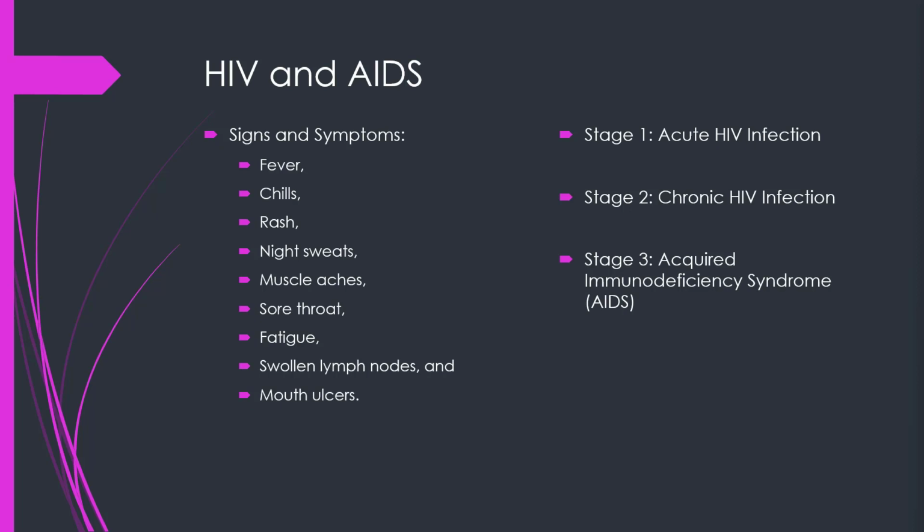Stage 3 is acquired immunodeficiency syndrome, or AIDS. This is the most severe phase of the HIV infection. Individuals with AIDS have such badly damaged immune systems that they get an increasing number of severe illnesses called opportunistic infections. Individuals receive an AIDS diagnosis when their cell count drops below 200 cells per millimeter, or if they develop certain opportunistic infections. Individuals with AIDS can have high viral load and be very infectious. Without treatment, individuals with AIDS typically survive about 3 years.